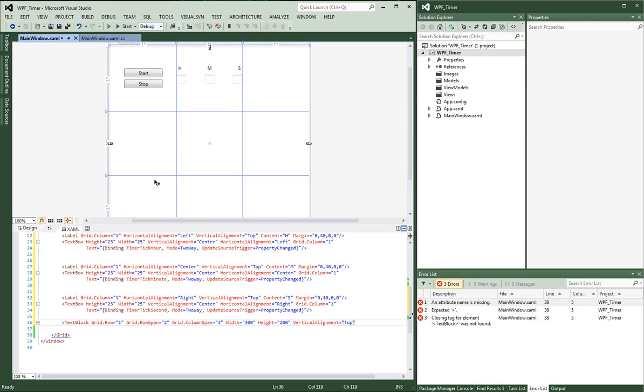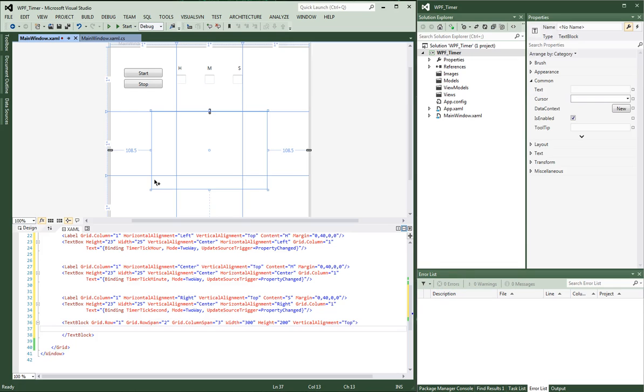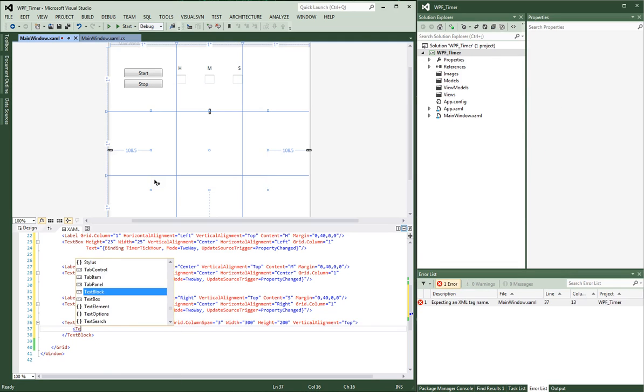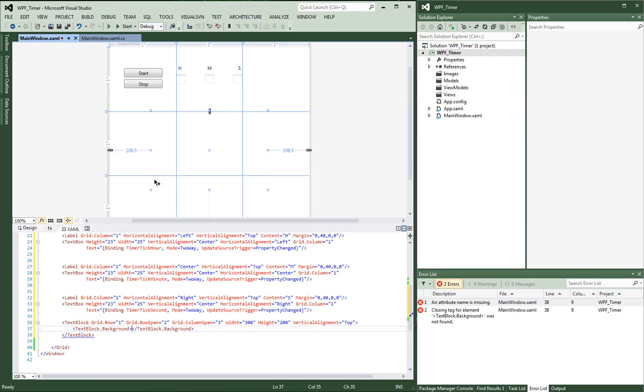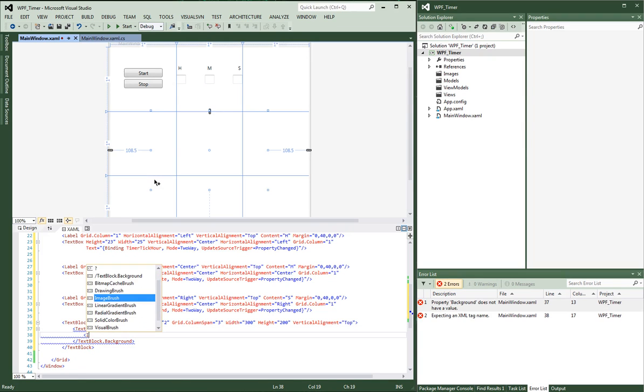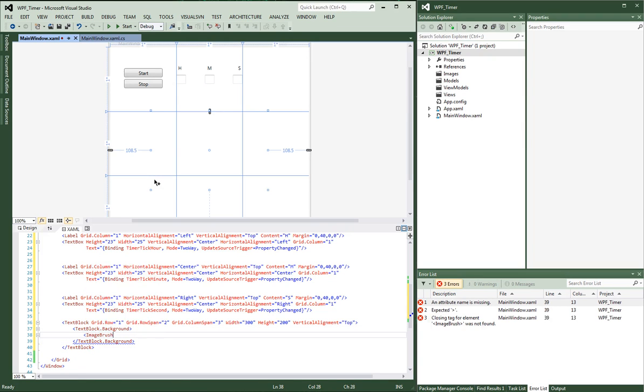And we're not going to close it, because we're going to put a text block dot background, because this is how we're going to display our image. So there's our background, and inside the background we're going to have an image brush. Don't worry, the squigglies will go away here in a minute. So our image source,